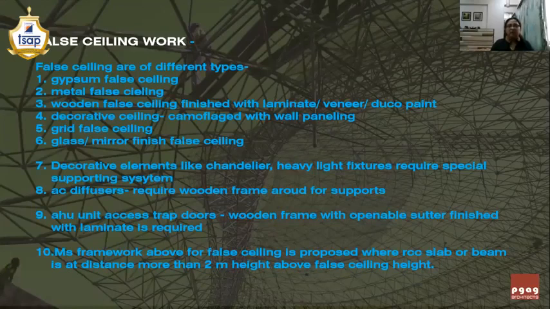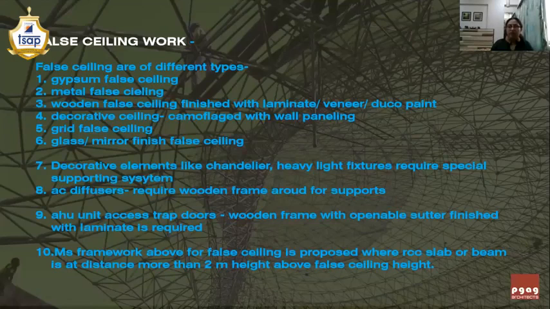Then if there are some decorative elements like a chandelier or heavy duty light fixtures, then it needs supports. For example, you cannot just write providing and fixing chandelier in the given false ceiling area, but you need to take care of the load carrying of that particular chandelier.